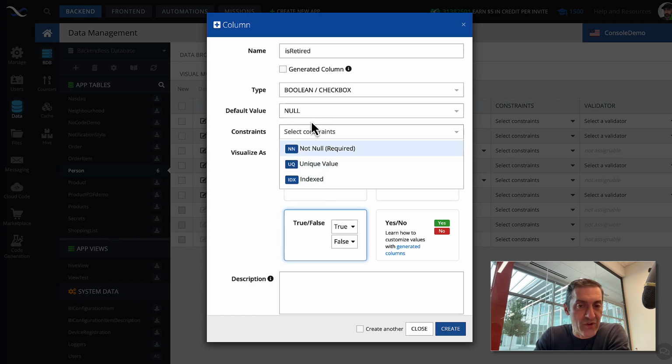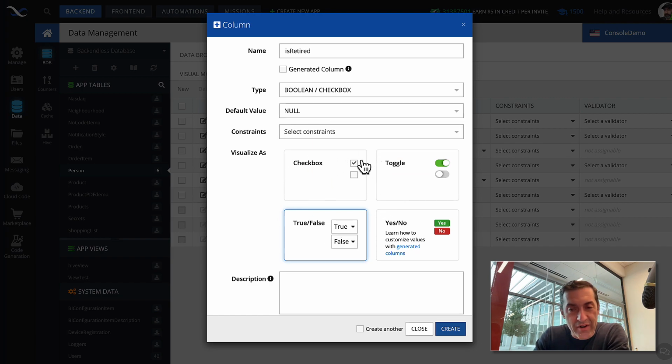Constraints are the same as all other constraints, and notice that there are four options that are grouped in the section called Visualize As. These options all relate to visualizing Boolean values. It's completely up to you how you want to visualize that data in Backendless console.